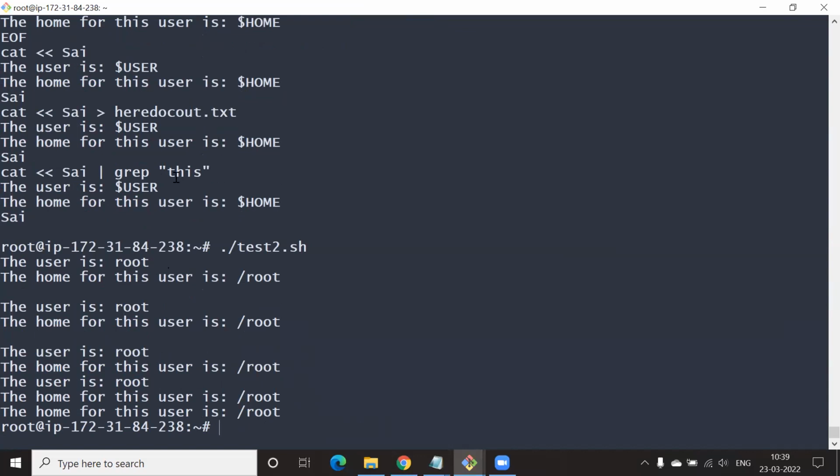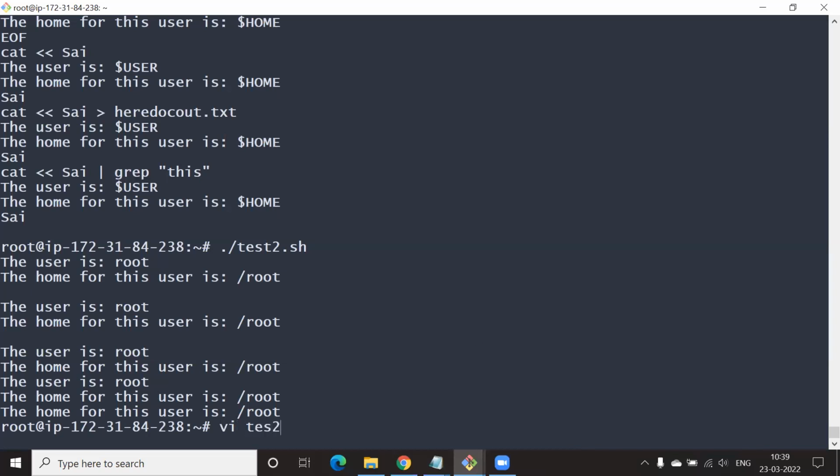We are grabbing this word inside the output. Good answer. So short and sweet. grep is searching for the word called this, as simple as that. So grep is search. Let's see what else we have now.